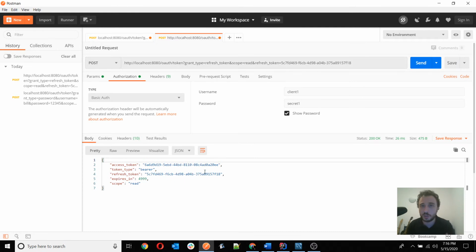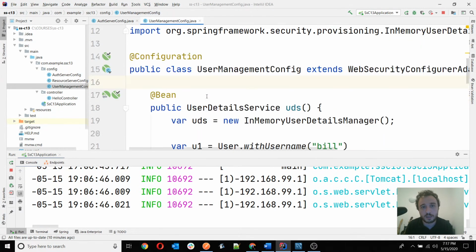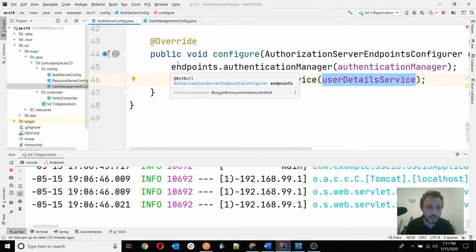As you can see, this worked for me now. This is the same call I've done in one of the previous lessons. It didn't work at that time because, again, it seems it's a bug in the framework, you really have to explicitly specify the user details service, and it won't take it from the context. Even if you have it in the context, it didn't take it from the context. That's why it wasn't working. And I hope with this I have clarified this subject as well,